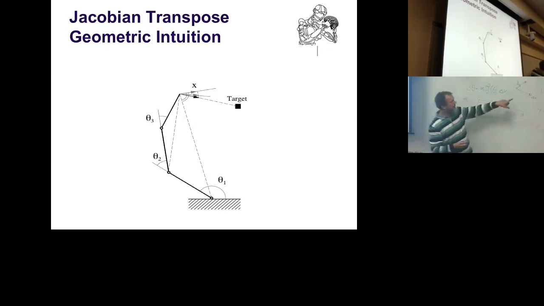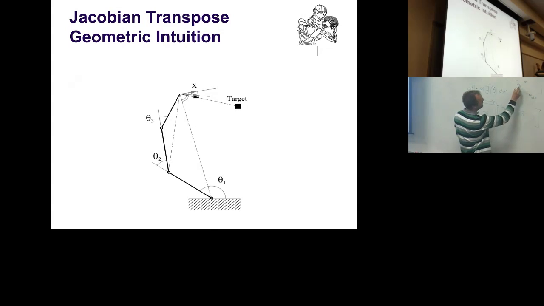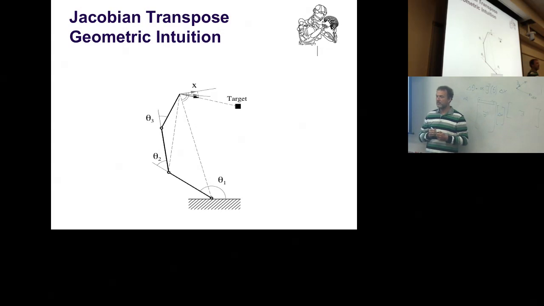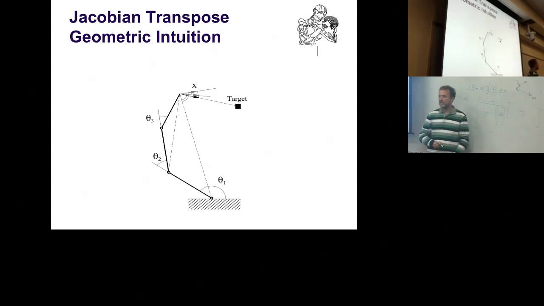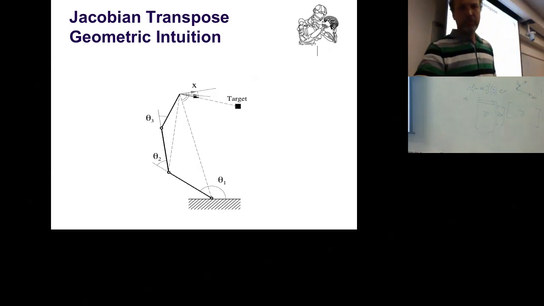Okay, so that will basically create, this joint will create a motion in this direction, which will, however, get me closer to the goal. But you see one thing which is weird, okay? It's not going a straight path. It's pointing up. It's going actually only that tiny bit in the correct direction, but it's pointing up. So what you can imagine, you can do this recipe of the Jacobian transpose. Now going back a little bit to,